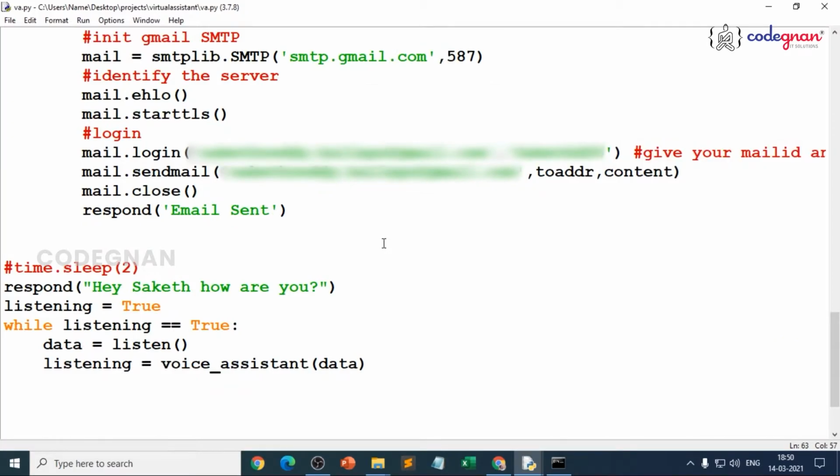So now we'll do one more task. How can we scrape the data from the web, and we'll make everything be performed at a time. That means if we open Wikipedia and scrape the data from the web, it should do it. Otherwise it should not. Whenever we tell it to send an email, it should send an email. If we tell it to open Wikipedia, it should open Wikipedia.